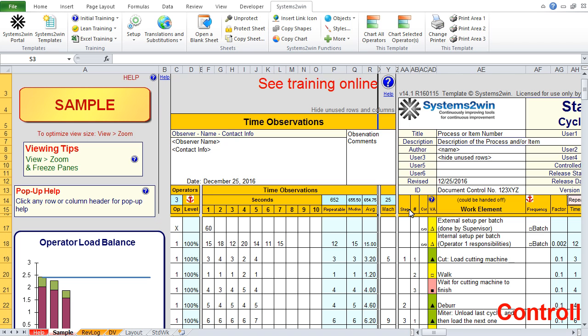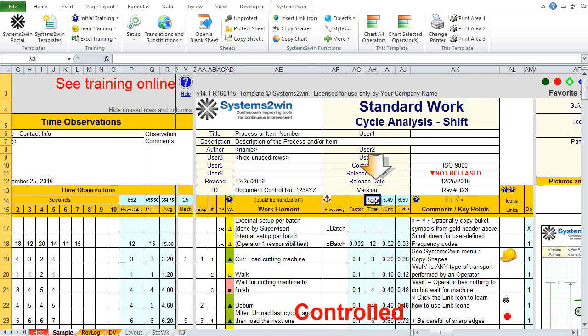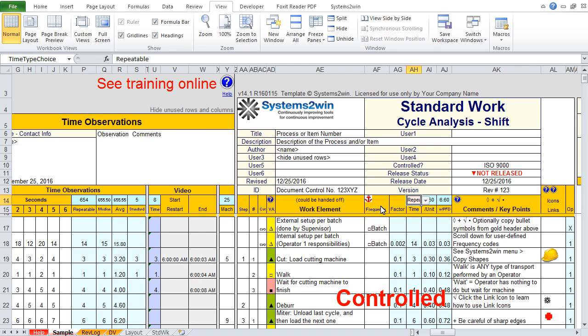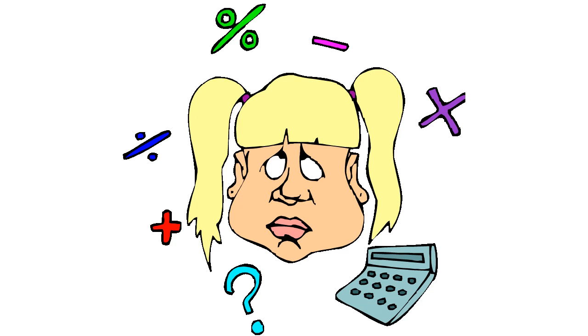How do we choose which ones we want to use for our analysis? You select this pink cell at the top of the time column and then use the drop-down list to choose repeatable, median, average, standard, or video time. And at any time, you can switch between them. Are you starting to feel the power of what you got here? Yeah, let me do it. So at any time, my people can use this drop-down list, and then they can choose from any of these 5 types of time observations, and I can trust that the math is right.